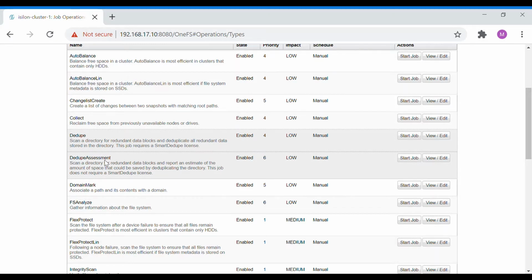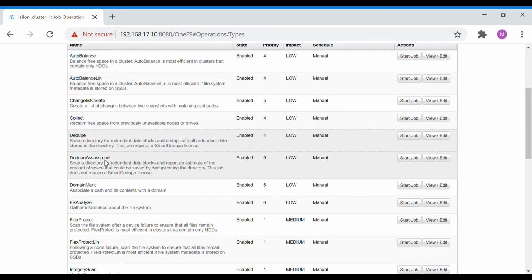Coming down we have the dedupe assessment. This assessment is nothing but a dry run, the same dedupe job, but this will have only the assessment. So this job will run and will let you know how much capacity can be saved when you run this job as a full run. So this is an assessment and dry run to estimate the amount of space that could be saved by really deduplicating the directory.